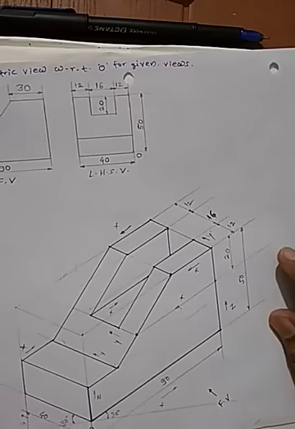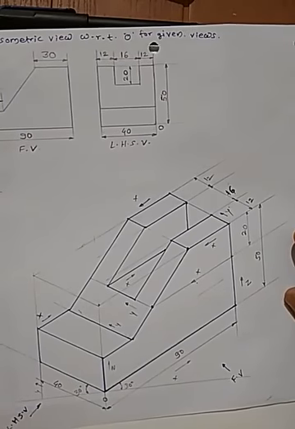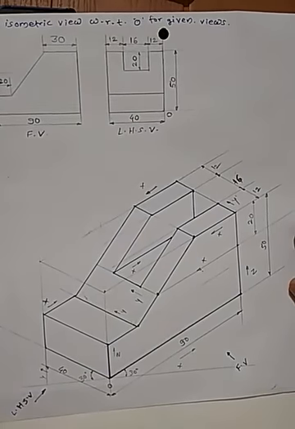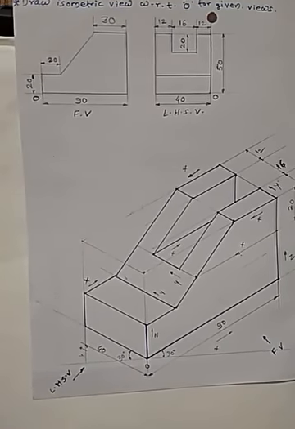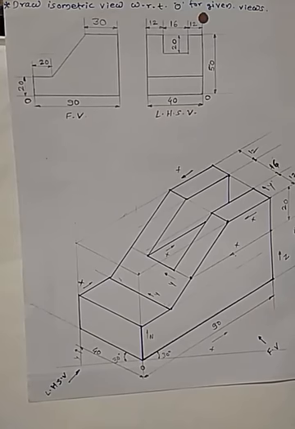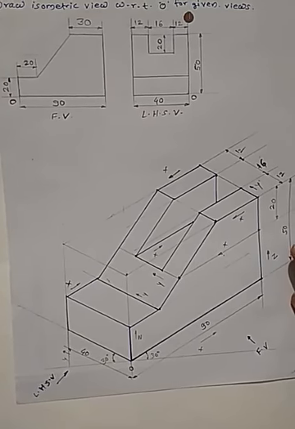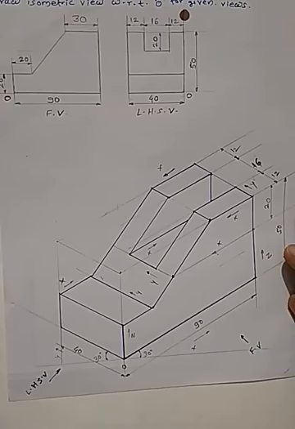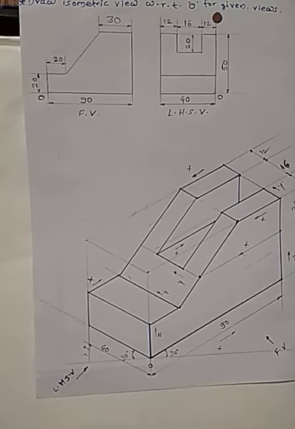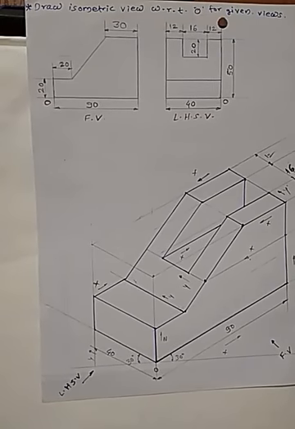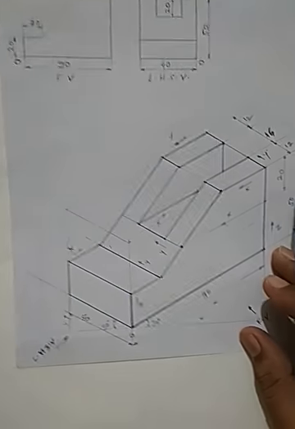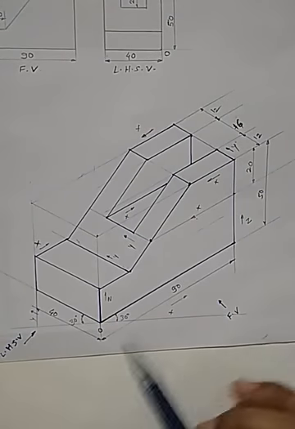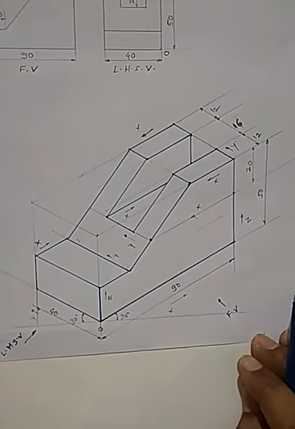So in this way you can see the total object is here. I will try to show you. So this is a complete object. Here is the question, the front view and side view, with respect to the position of the origin. Same position that we have drawn. Okay, thank you.